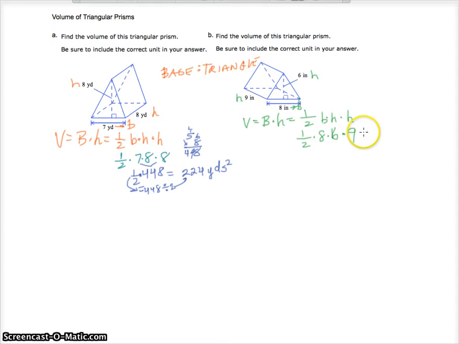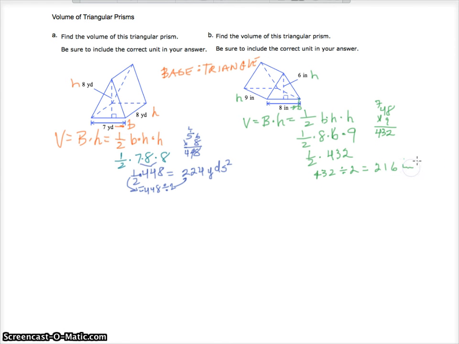Now we can multiply. 8 times 6 is 48 times 9. 8 times 9 is 72. 9 times 4 is 36, plus 7 is 43. So we have 1/2 times 432. So we can think of this as 432 divided by 2 equals 216